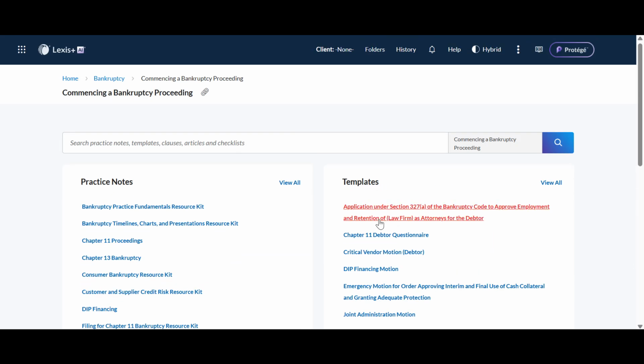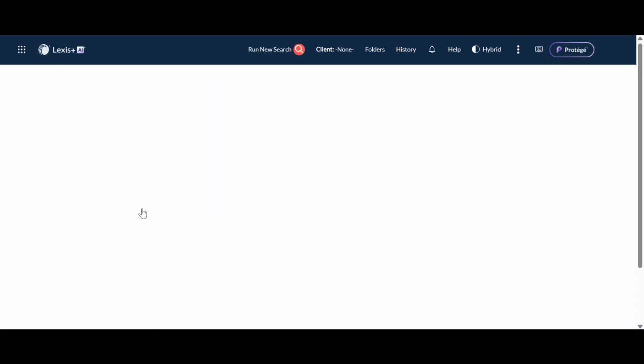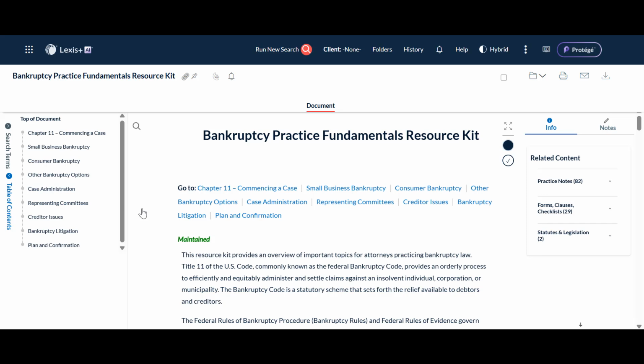Under Practice Notes, you will find resource kits like the Bankruptcy Fundamentals Resource Kit. Resource kits are highly organized collections of curated content and tools designed to support legal professionals with practical, hands-on information. You can leverage this resource kit to gain a better understanding of the fundamentals of bankruptcy and the different bankruptcy